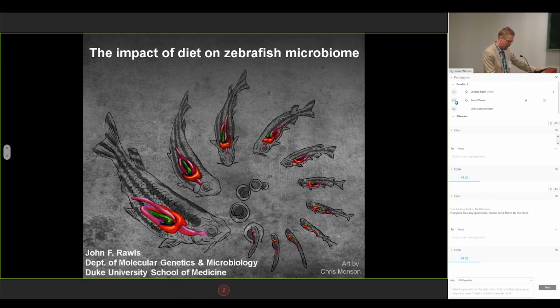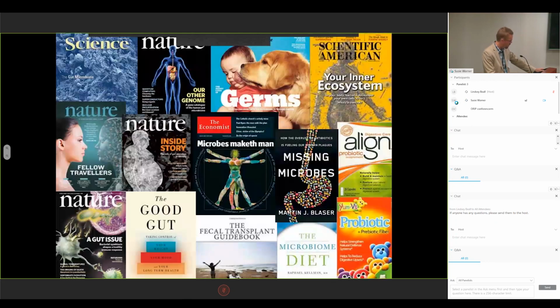Okay, so I am the next presenter, and we've already heard a little bit at this workshop about the microbiome and the role that it plays in this field, and there's clearly a lot of scientific as well as public interest in microbiome science. I was drawn to this field as a postdoc coming out of a zebrafish developmental genetics background. And my lab over the last number of years has been trying to use the zebrafish as well as mouse and human models to understand the role that the microbiome plays in nutrition and immunity and other aspects.